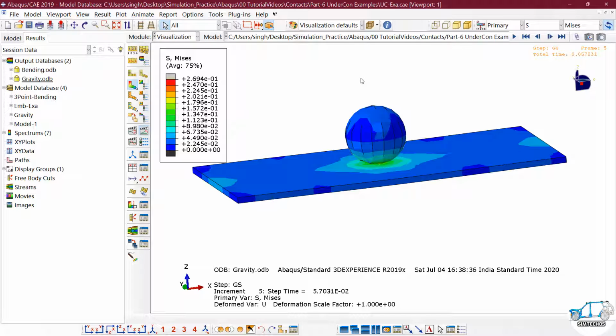So I hope you will get clarity about under-constraint examples. Under-constraint I already explained in my previous video. I highly suggest going with that video. I also recommend going through all my videos on interactions. If you are dealing with contact and interactions, or facing problems in Abaqus about interactions, I highly recommend that playlist. With time I am uploading a number of videos in this playlist. Of course, I am taking too much time to upload a video, 15 to 20 days, sometimes 10 days, because I have a constraint of time. But surely you will learn a lot about interactions from the playlist.